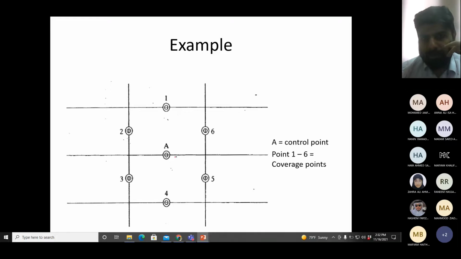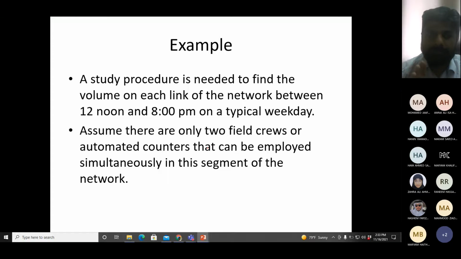So you can take data from one point and apply the trend to the other points as well. You see one segment is marked as A, that is the control count location. On point A, I have taken a control count. Whatever time was given to me, I have studied segment A for the full period. The remaining 6 points, given as 1, 2, 3, 4, 5, 6, are coverage count locations. On the remaining points, I will take a sample of the data. So keep this in mind: 7 points, 1 control, 6 coverage, in the same area on the same type of road.